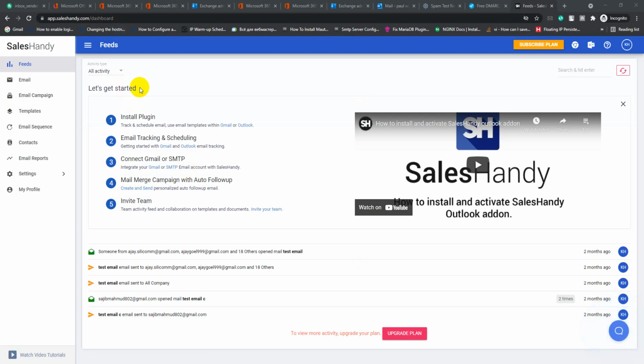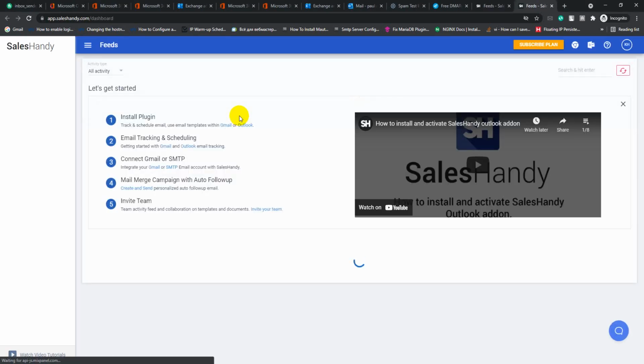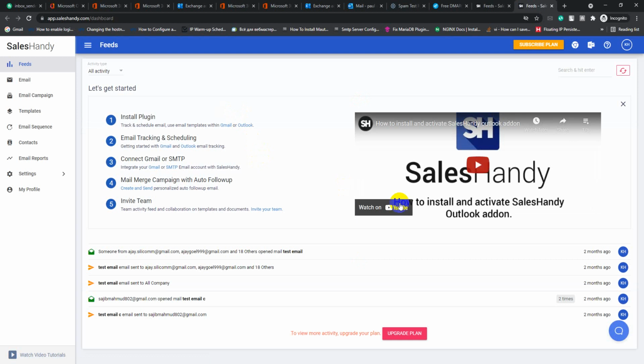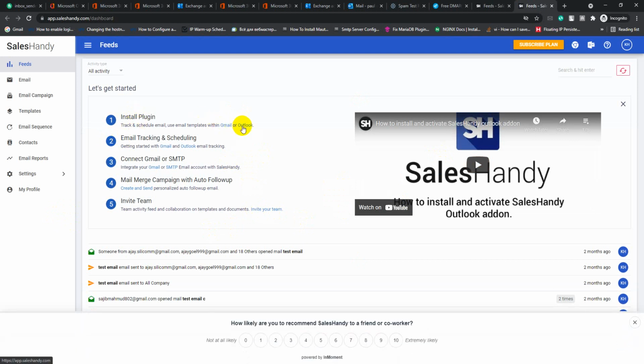So after signing up for a Sales Handy account, we need to install the Outlook plugin. Click